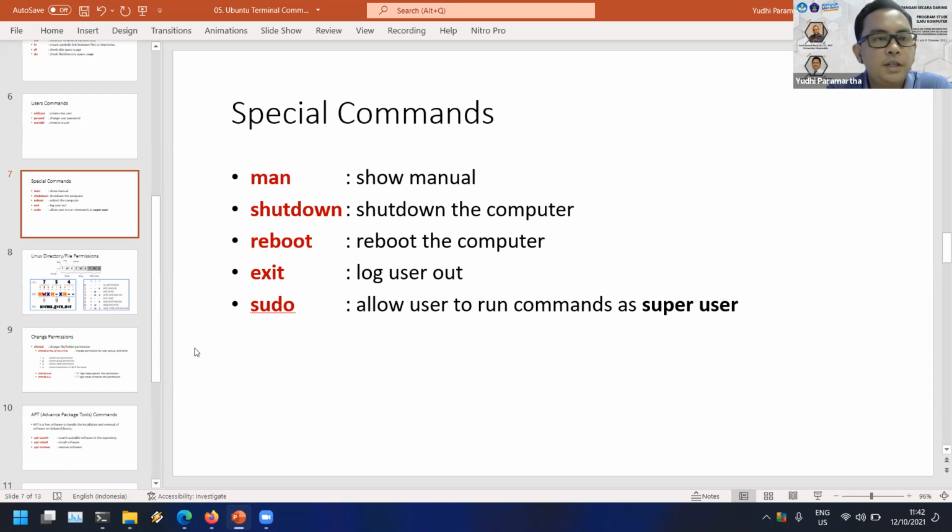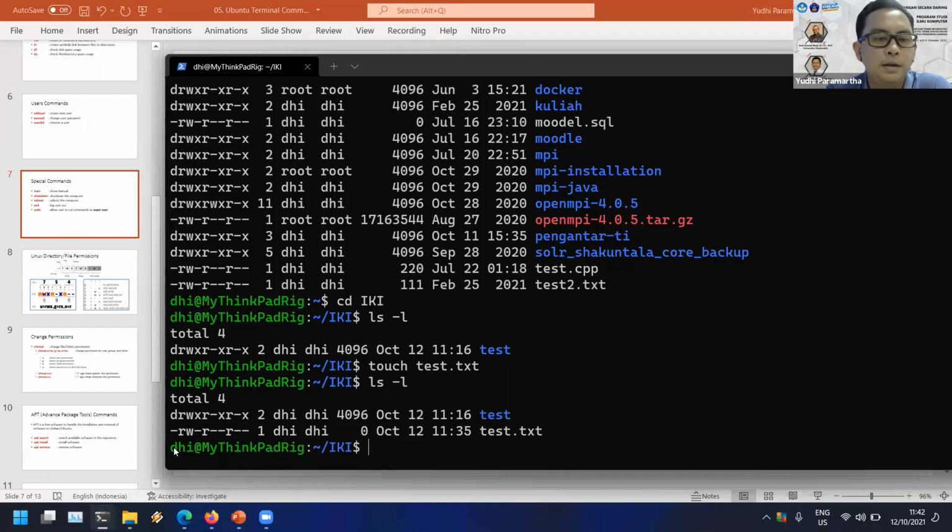The first username that you assign to your computer is automatically a super user. For example, my username is DHI, and I am a super user. When you use your NIM or your student number, that is a super user. So the first user that you assign to your computer is usually a super user.